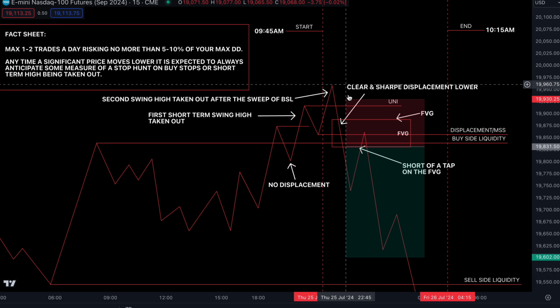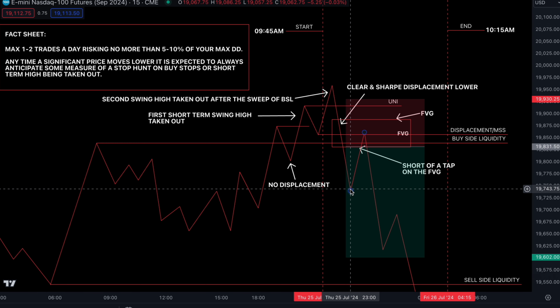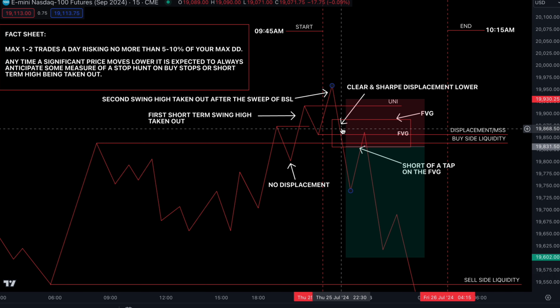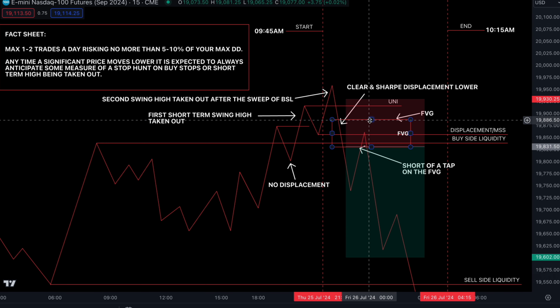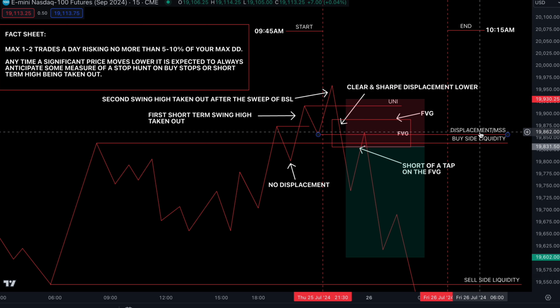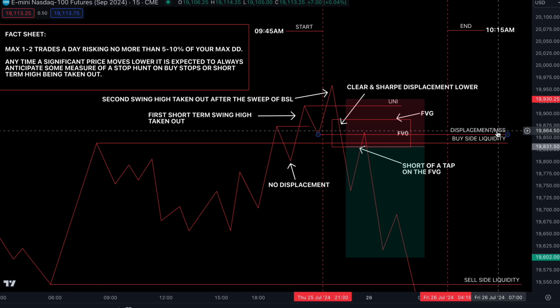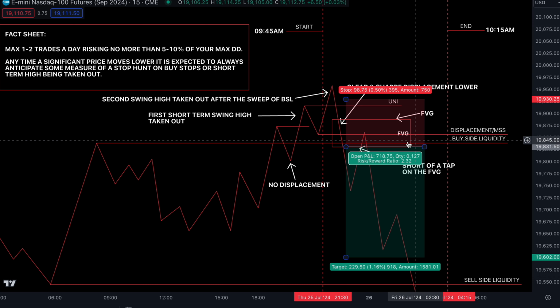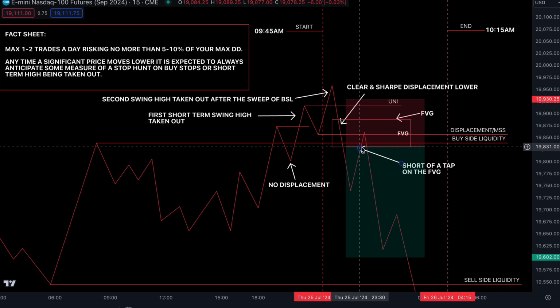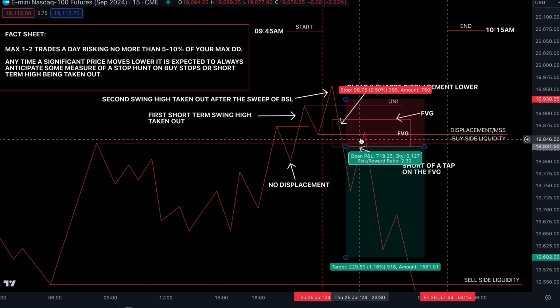So now price has displaced lower. You can see here it's displaced lower inside of the macro, and it left behind a bearish fair value gap and a breaker block, and it displaced, or call it market structure shift, in the opposing direction. So now you can clearly say that you would take this as soon as price comes up and taps the bearish fair value gap. You don't want to enter anywhere else.